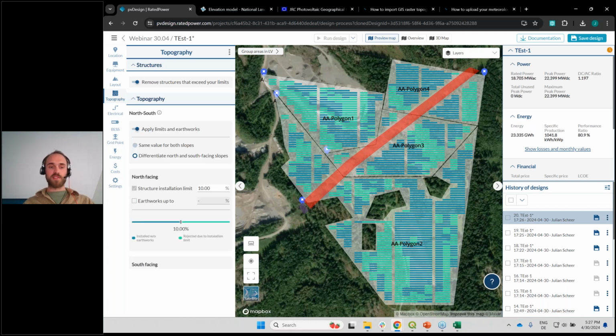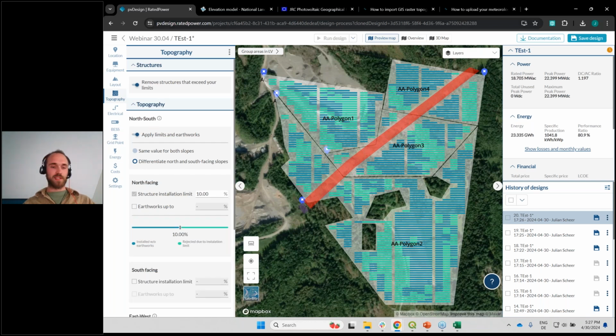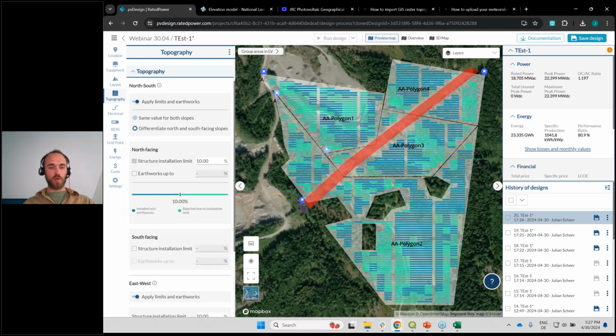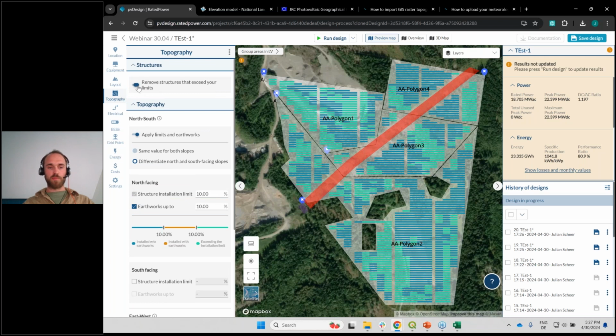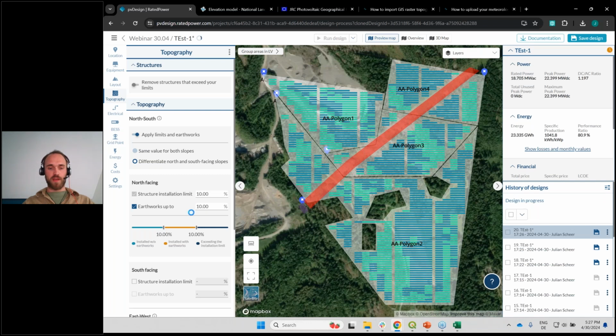In a second step, and this is reflecting the earthworks, we now have the option to go here and tell the tool, hey, you now analyzed those slopes, which is already helpful, but can you please also calculate how much cut and fill volumes I would need to flatten out this terrain? This might not work for every element, because sometimes the slopes are very steep and earthworks just don't make sense. But in some other elements where it's not that steep, it might actually make sense. So if I now run the design again, just by having this example here,